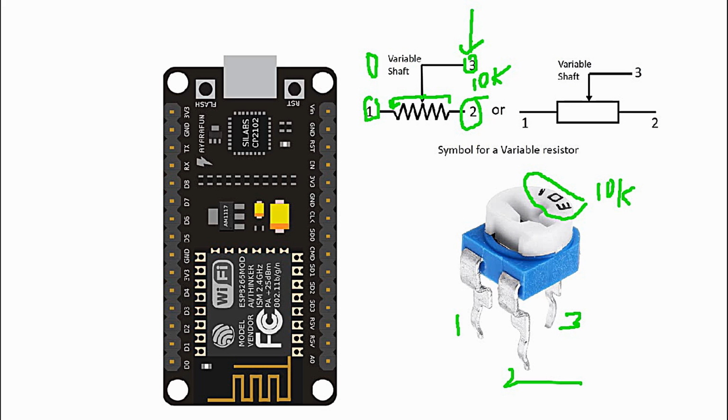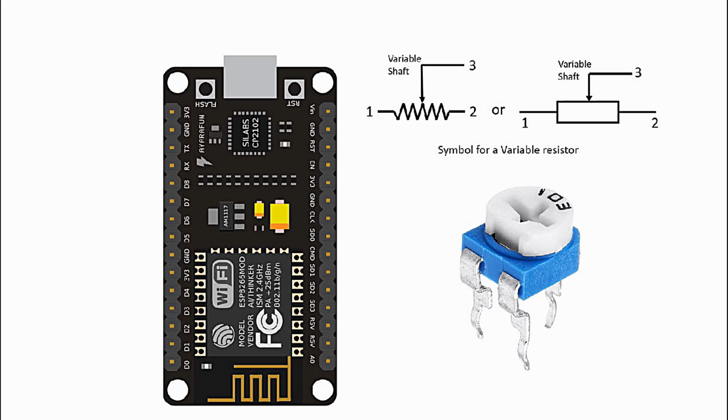So I hope you understood the simple pinout configuration of the variable resistor, and now let us discuss in detail the connection between the ESP8266 NodeMCU module and the variable resistor for interfacing the analog variable resistor. I am going to take the first terminal of the variable resistor and connect it to Vin for providing 5 volt to the variable resistor,